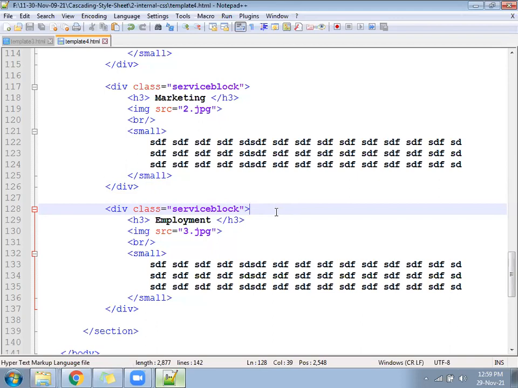It will not be service block colon hover alone. Service block colon hover will be there, but again you have to address its child. Which child? H3. So how to address it? You are able to address it like parent child colon hover, so it will apply to the child only.